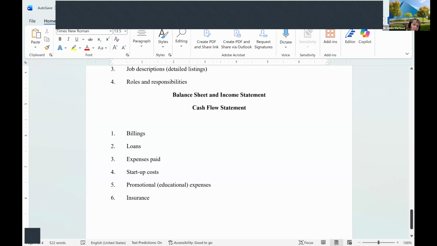And then what kind of expenses are you going to have for promotional? You may have none. You may decide to do everything with social media, so you won't have those costs and you can just list everything that's going to be done through social media and word of mouth and that kind of thing. Your insurance, what is your insurance? You need to find out what insurance is typically going to cost you for your building and for anything you need to insure medically, maybe an overall liability policy, whatever it happens to be. Okay.